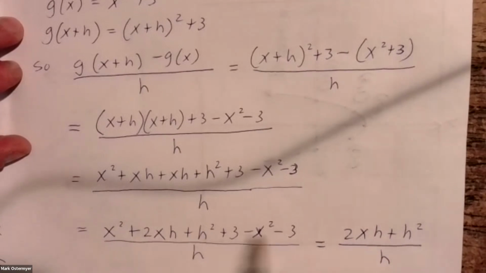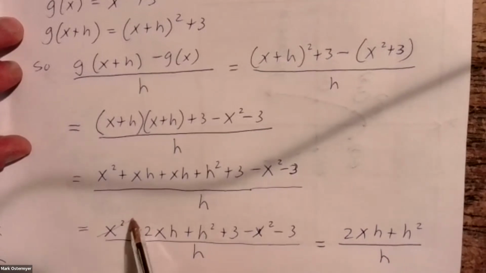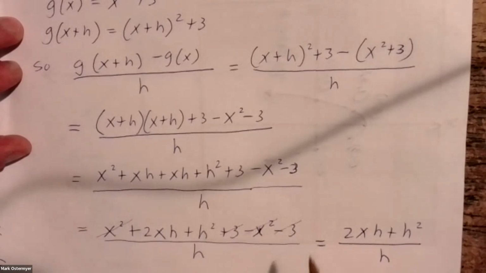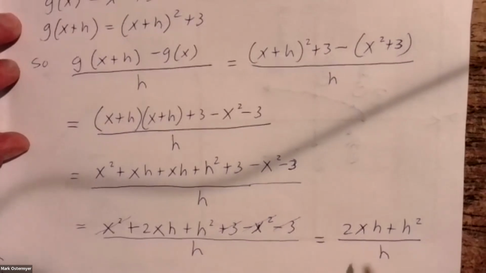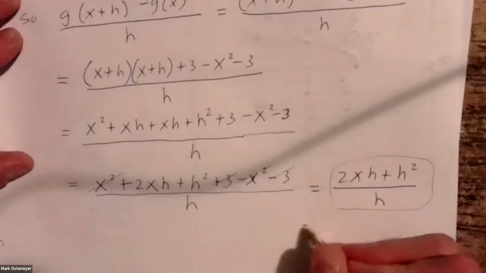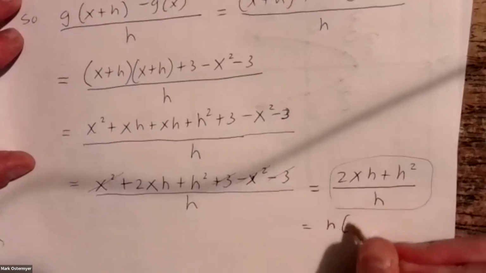And we get it down to this, but the x terms drop. X squared minus x squared drops out, and the 3's drop out. So your simplification of this difference quotient using function g of x, when all said and done, is going to be 2xh plus h squared all over h. And you can even simplify this even further if you want. If you factored h out of each term in the numerator,